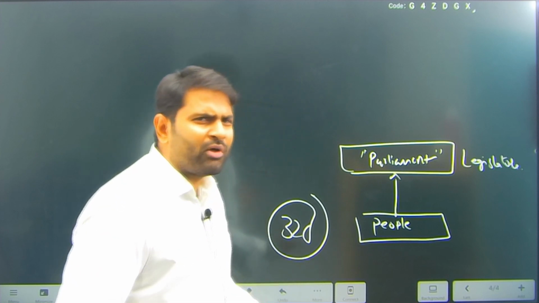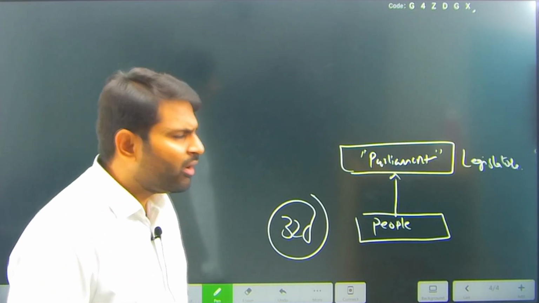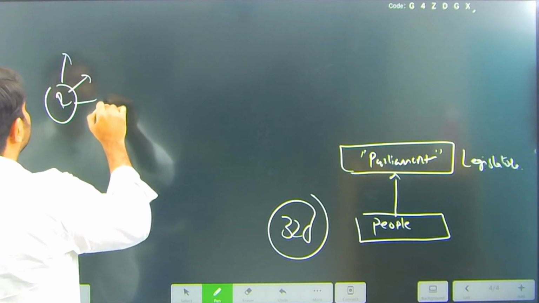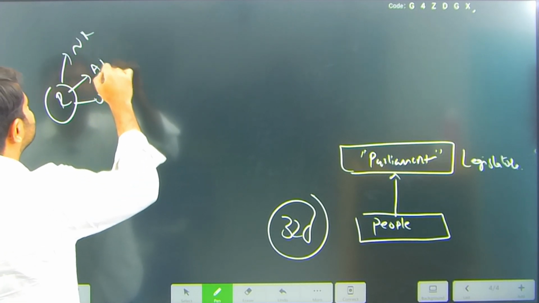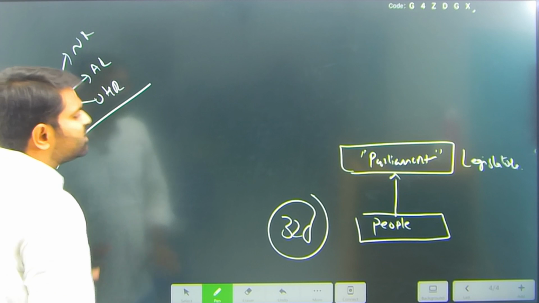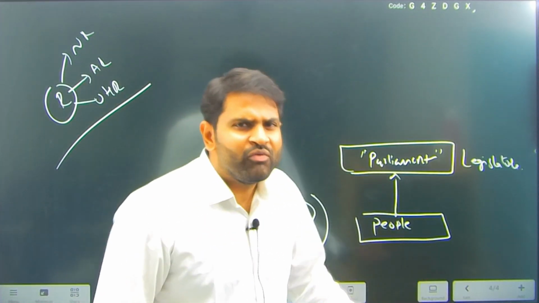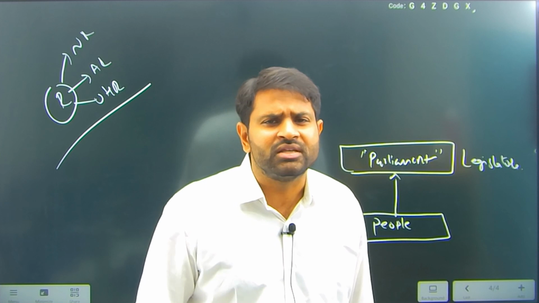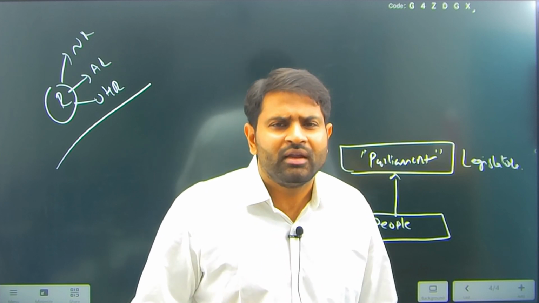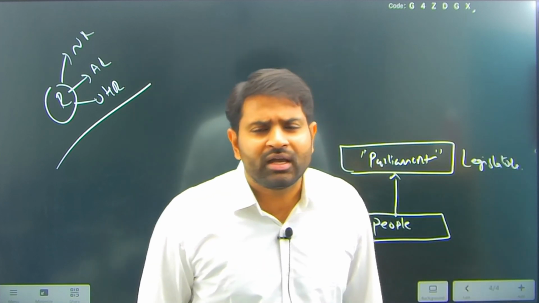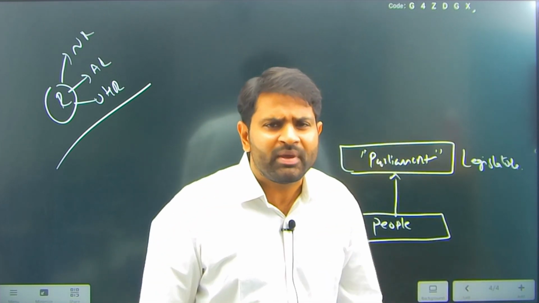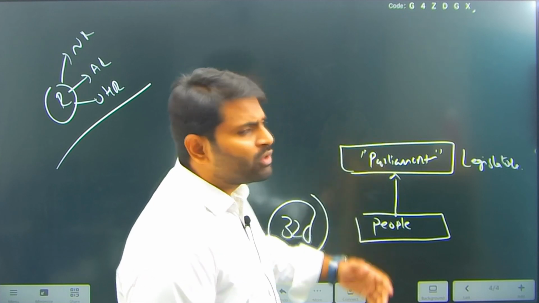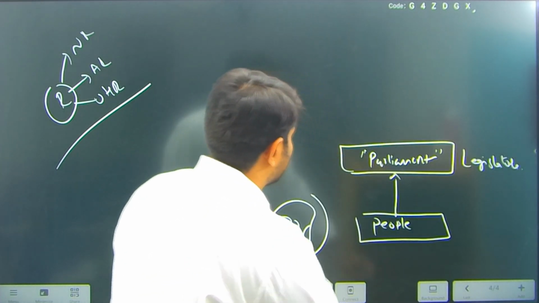So why do we need polity? Why are we discussing polity? Polity is for administration of resources. We have three types of resources: natural resources, artificial resources, and human resources. To administer these resources, we need somebody. We have vast land, forests, mines, industries. We need someone to manage that. Let us consider that you have 1 lakh acres of land. You need someone to manage that, right? You can't manage that. Likewise, we people of India have so many resources, we need someone to administer them, and we took up parliament, right?